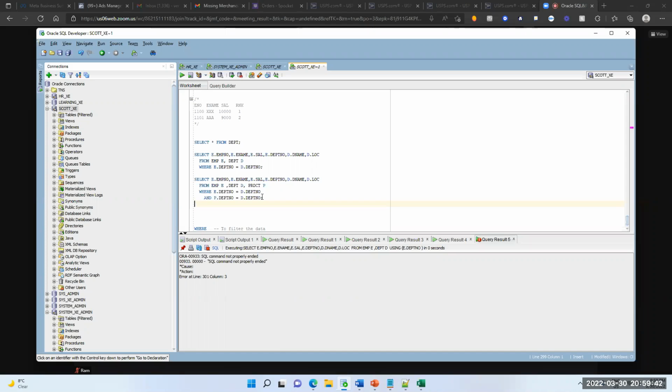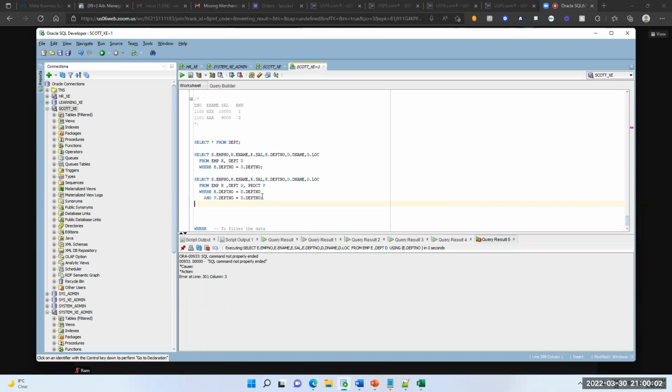And when you go to right join, it is the reverse case: get full records from the department table, and matching records from the employee table. Full outer join will combine all the records from the employee table and all the records from the department table. Remember these three concepts.